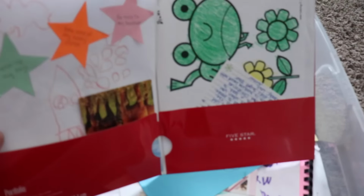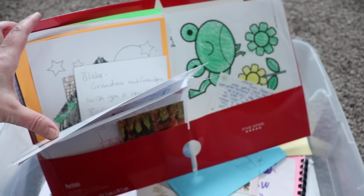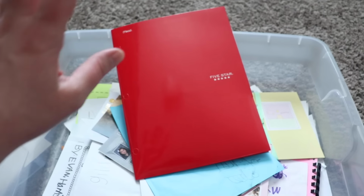So it'll be a nice big binder, and then when they're ready to leave home, they can take it with them, and it's not just this complete disorganized mess. All right, I know decluttering sentimental items can be really, really hard, and I was completely dreading this project, if I'm being honest,